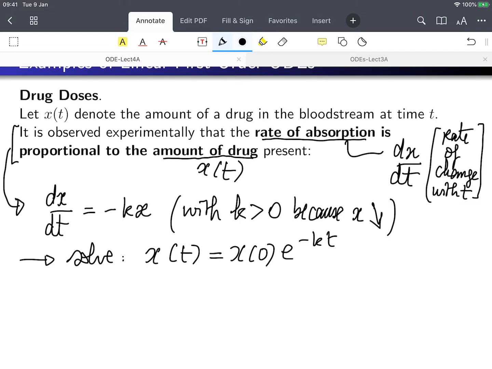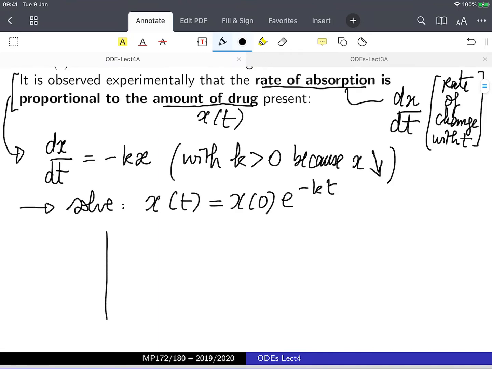Well, that was easy. Typically, we're going to have exponential decay, going to look like this, rapid decay and then slow tapering towards 0. Starts at x0